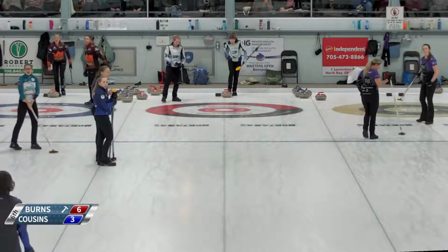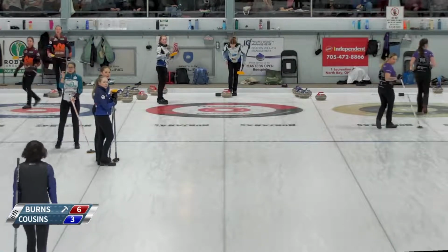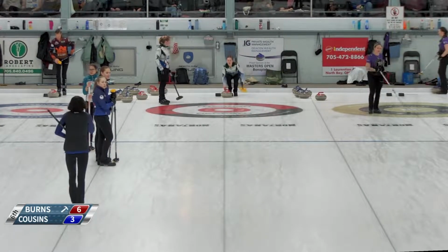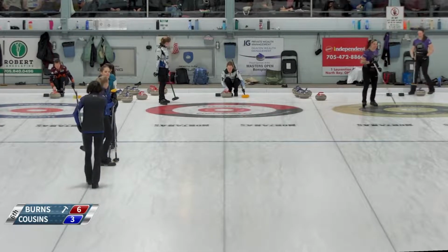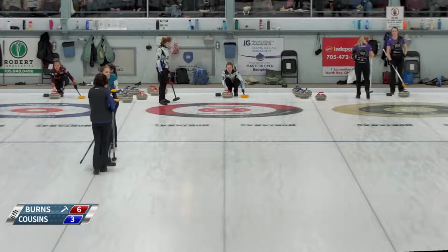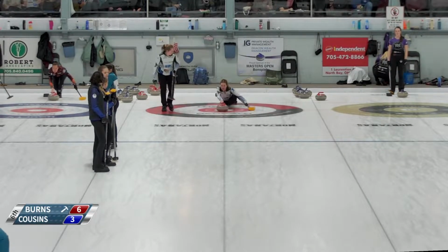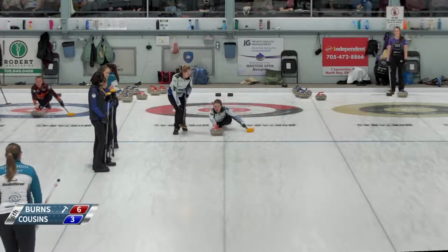Krysta Burns probably wondering why she threw the center guard at all now, but a chance to throw at least a peel on the corner. I thought she might go over to the other side. If she's thin enough on the corner guard, she comes across and gets that stone out of the top of the 8-foot. Looks like they're just going to play the straight peel on the